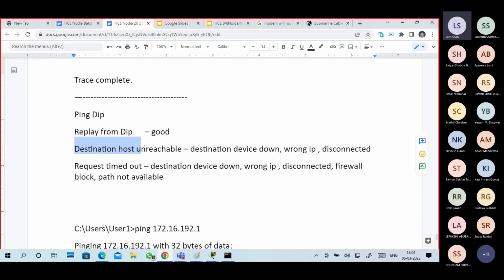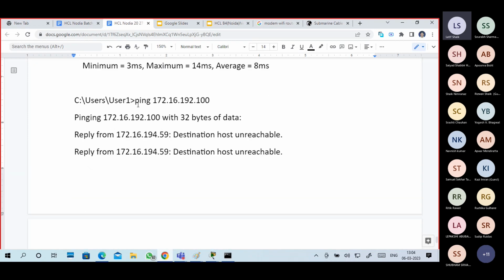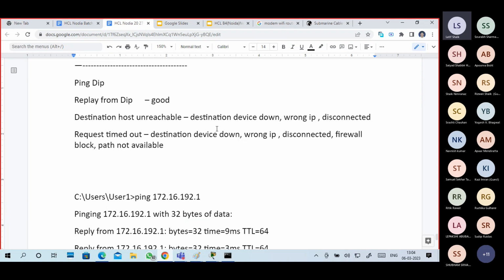If I'm getting destination host unreachable, you can see I tried to ping a device, and it is showing destination host not reachable. It means either this device is not available, maybe it is a wrong IP address, or the device is disconnected, or the device is down.